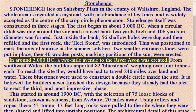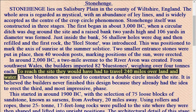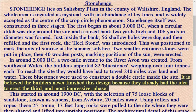In around 2000 BC, a 2-mile avenue to the River Avon was created. From southwest Wales, the builders imported 82 blue stones, weighing over 4 tons each. To reach the site they would have had to travel 240 miles over land and water. These blue stones were used to construct a double circle inside the site. It is believed the builders never finished this design because they already had the idea to erect the third, and